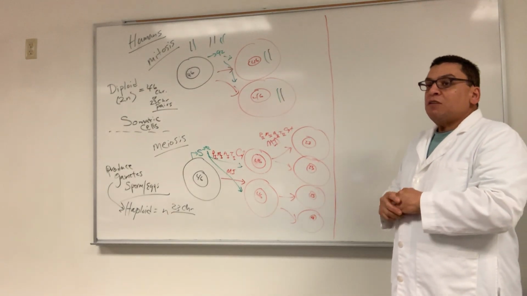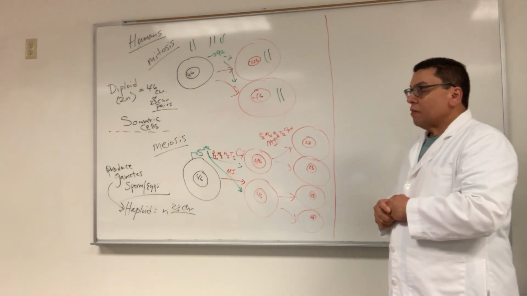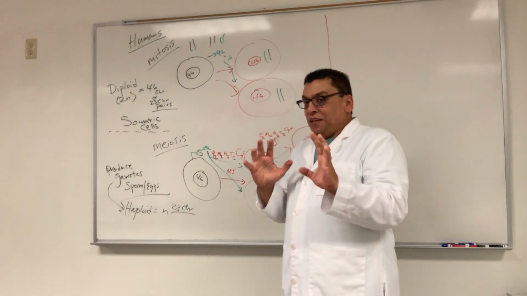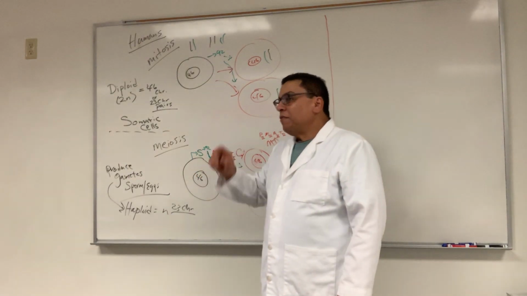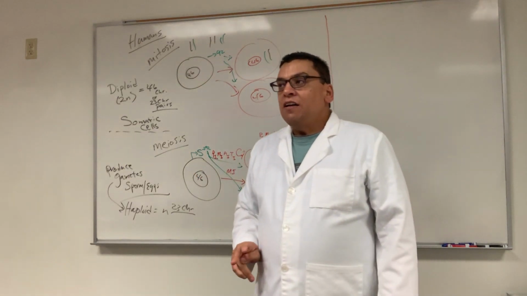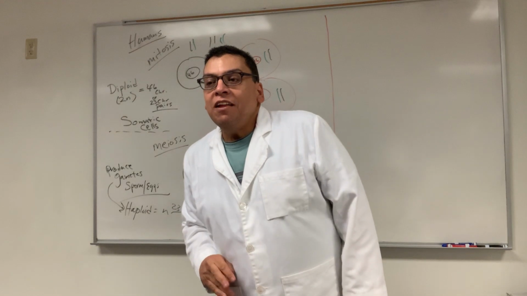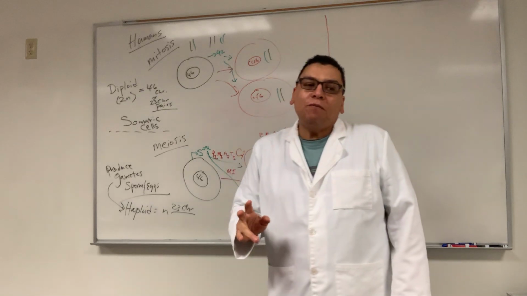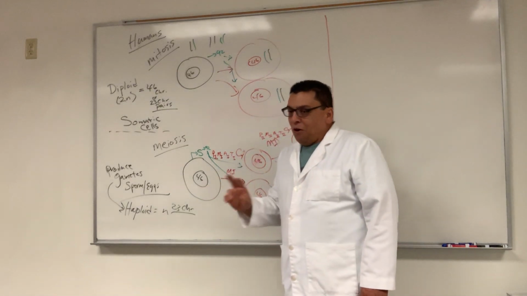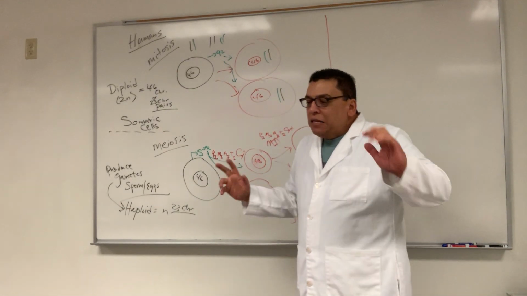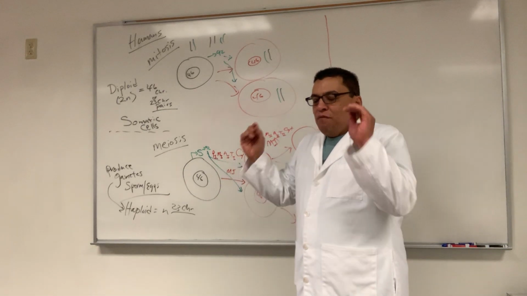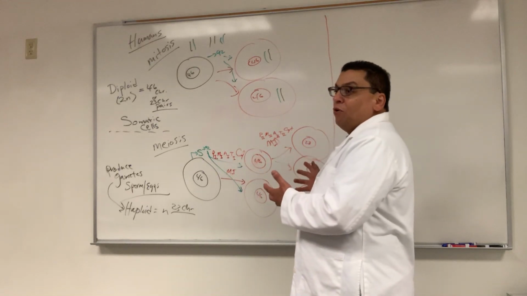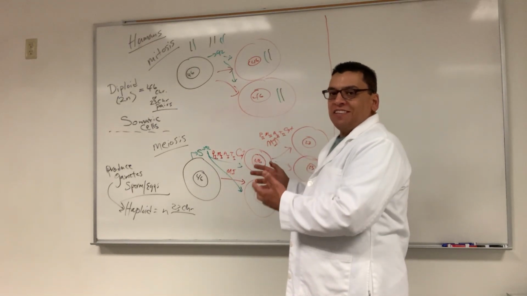Let me show you how this one is different. Everything that I'm about to do right now, here's the cool thing, happens in prophase 1. So when in doubt on the exam, say what? Prophase 1. Now hopefully you don't do it with doubt throughout the whole exam. But let's say you're puzzled, and let me tell you something. If it has to do with genetic variation, it's prophase 1. Because what we're about to do is shuffle the genes.